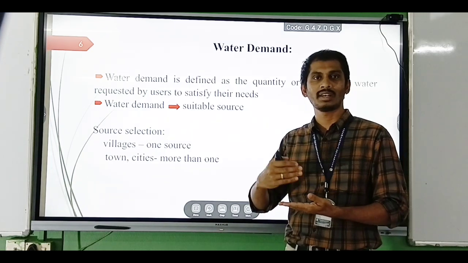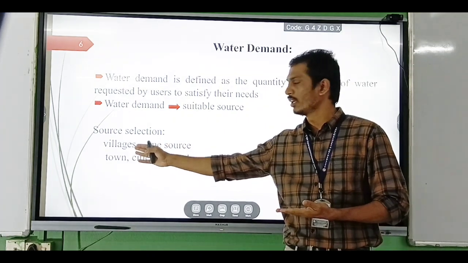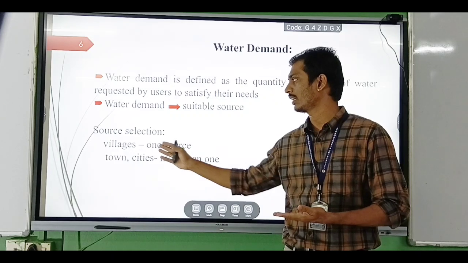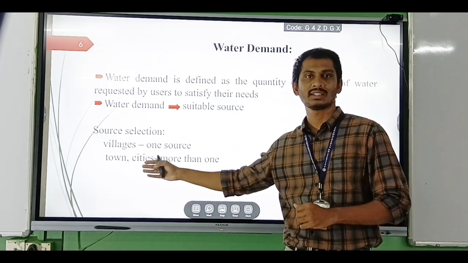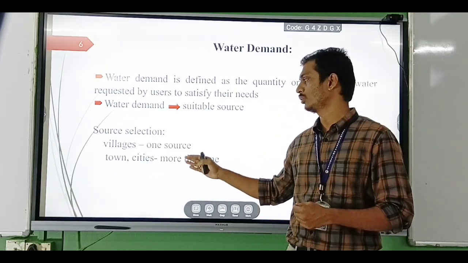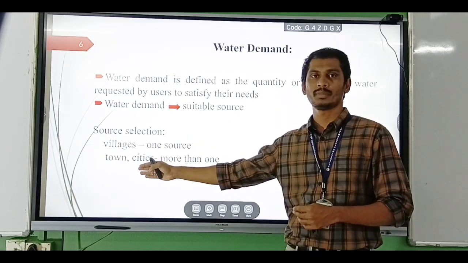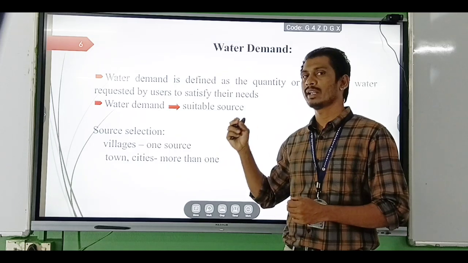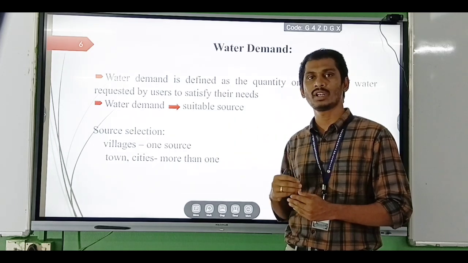If you have a very small population, for example villages, you just require one source. In villages mostly 5 to 10,000 people live. If you go to towns and cities, nearly lakhs of people live. In those circumstances, you need to take one or more sources to provide water to them. So you need to understand that water demand is the quantity of water required for an individual to